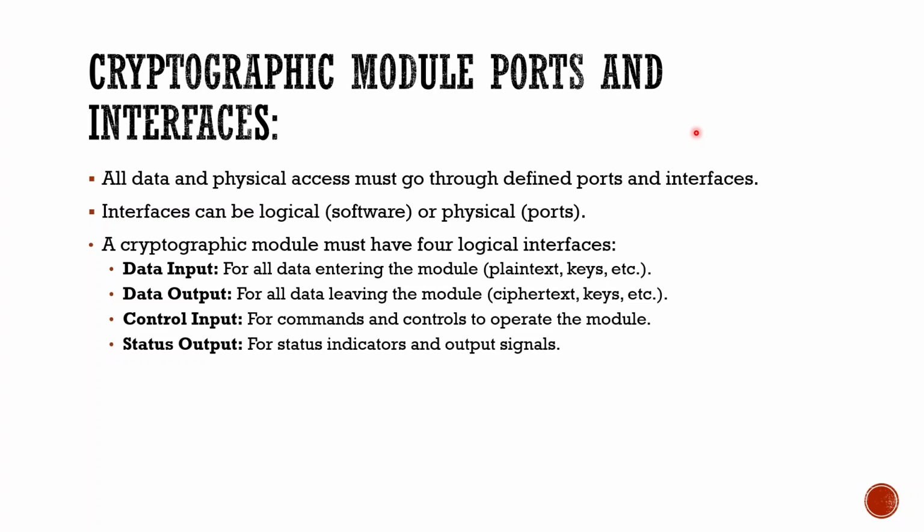The cryptographic module must have four logical interfaces. The data input interface is used for all the data entering the module like plaintext data, key data, etc. It must have a data output for all the data that is leaving the module, for example, ciphertexts, keys, etc. It must have well defined